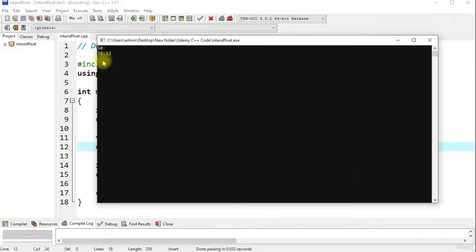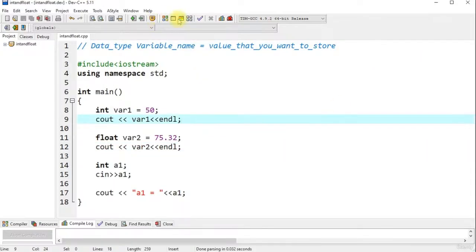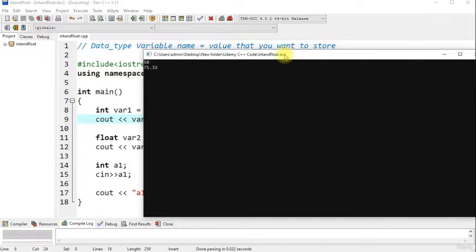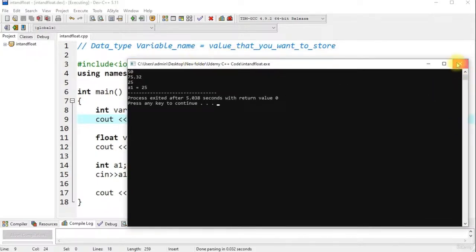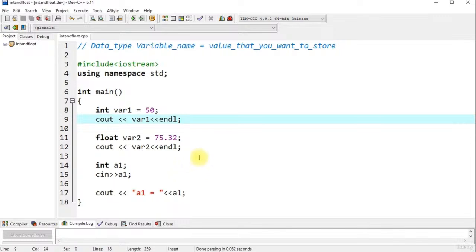So as you can see, if I enter 56, so I'm getting a1 is equals to 56. I'll run it one more time for a different value, so you will have a better understanding. This time let me enter 25, so a1 is 25. So what I'm trying to do over here, instead of using the